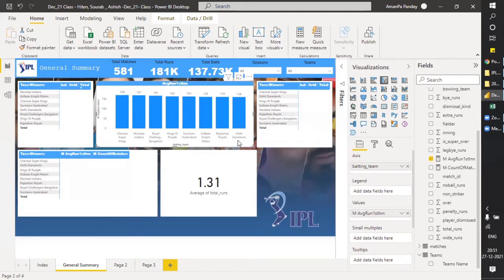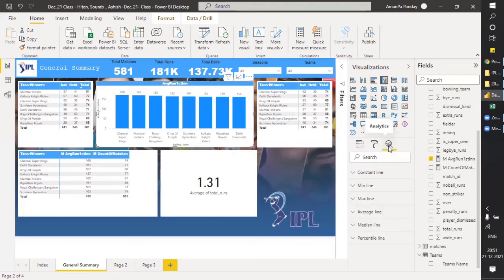And now, as per earlier, Kailash had asked the question. So for that, we have to go to the analytic option. Analytic option, there are many options here. Minimum line, maximum line, average line, median, percentile line, sorry, constant line, you can add here. But here we have to add the average line of the first.